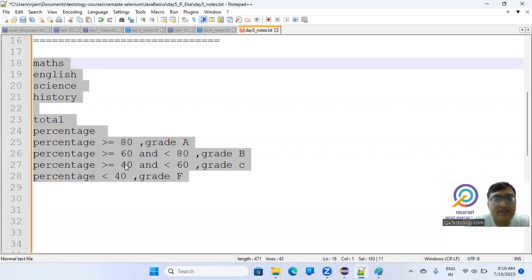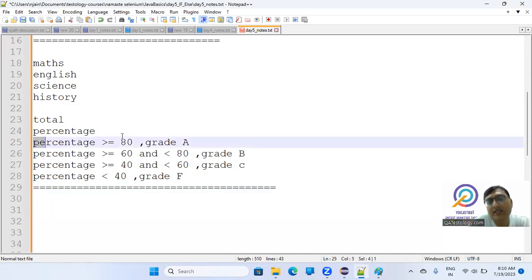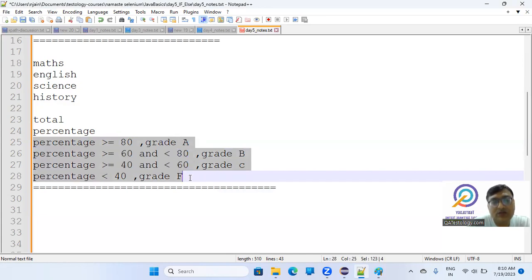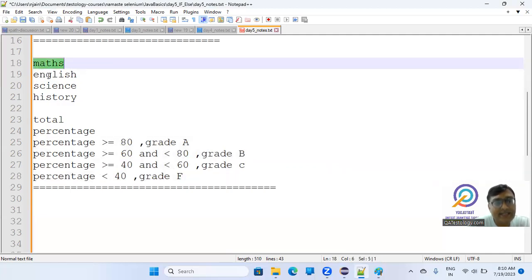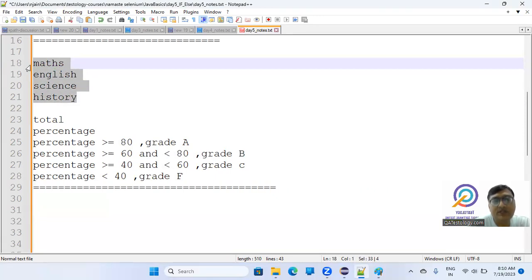Okay, it's a small project, and this should be done through programming. Whenever you see this kind of program, you have to understand what kind of variable you will require, and what will be the data type of it. How will you decide what to print based on these conditions? You can also suggest to me. So what will be maths, English, science, and history? What will be the data type of these